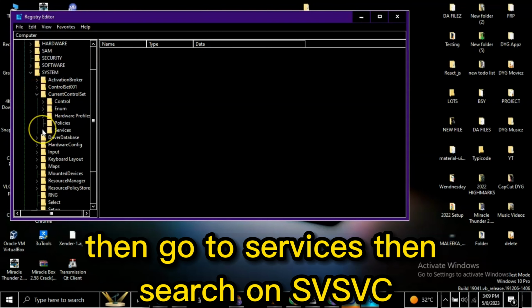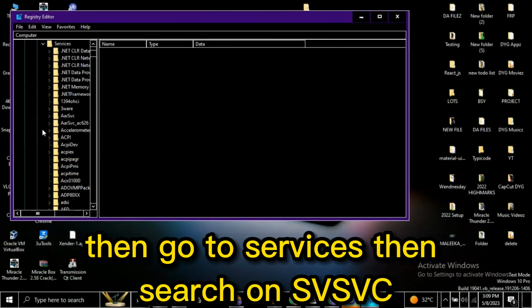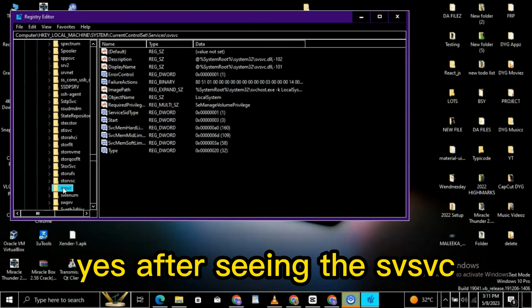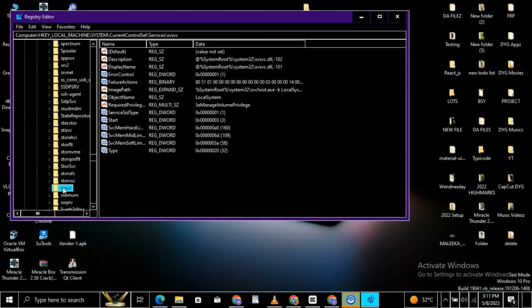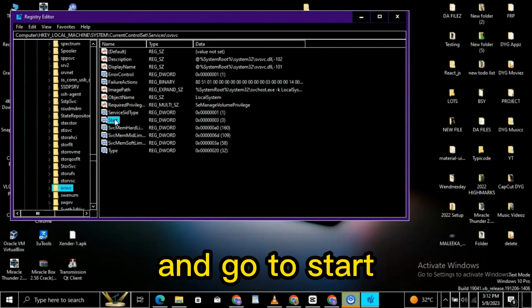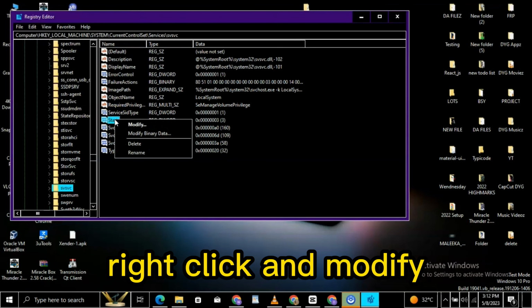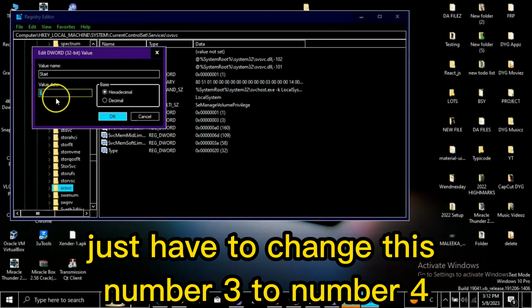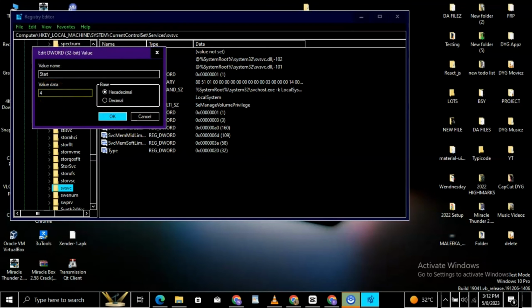Then go to Services, then search for SVSVC. Yes, after seeing the SVSVC, you need to click on it and go to Start. Right click and modify. Then all you have to do is change this number 3 to number 4 and click